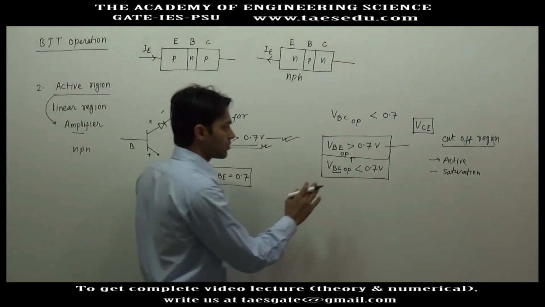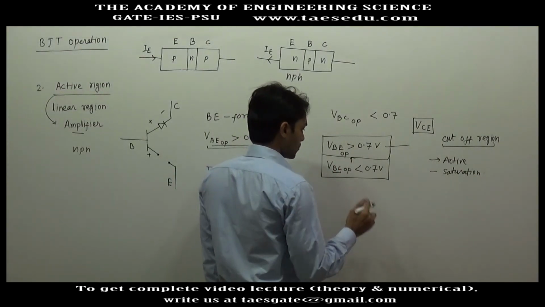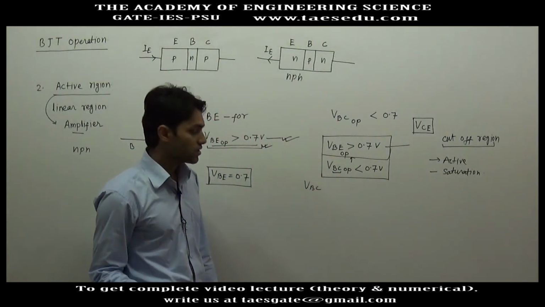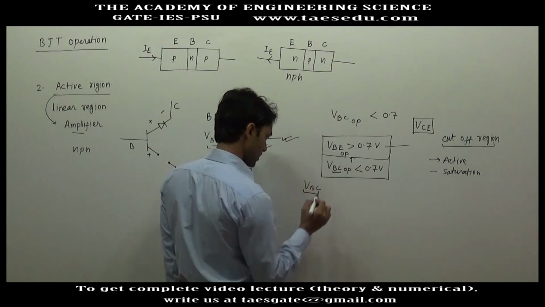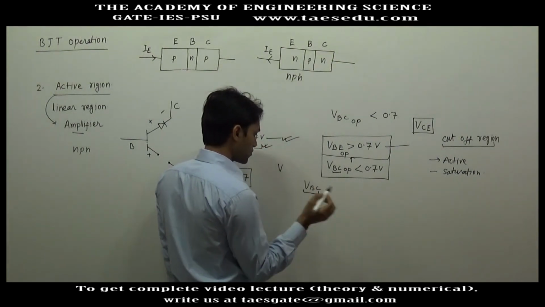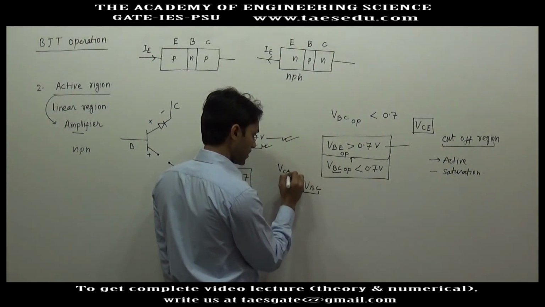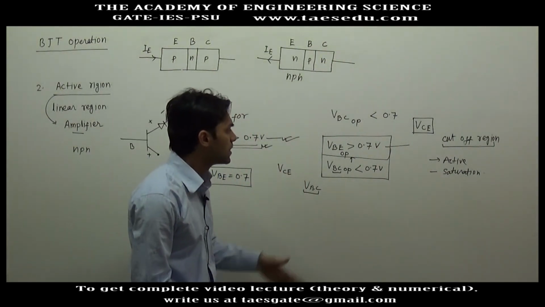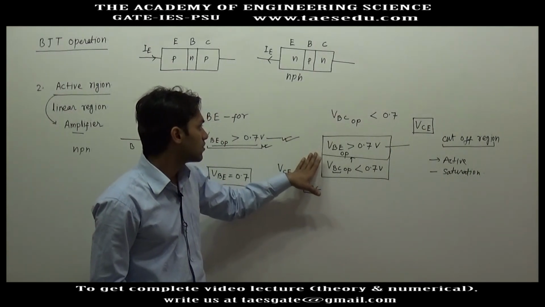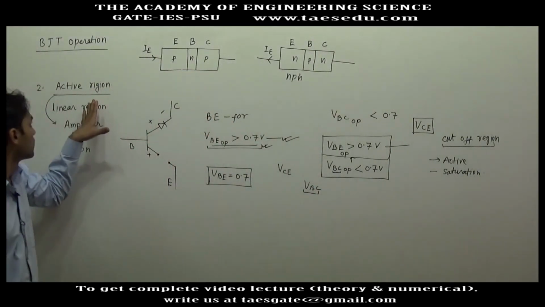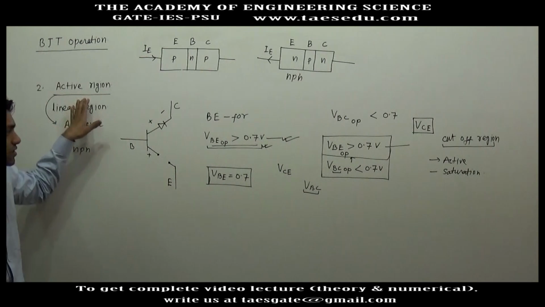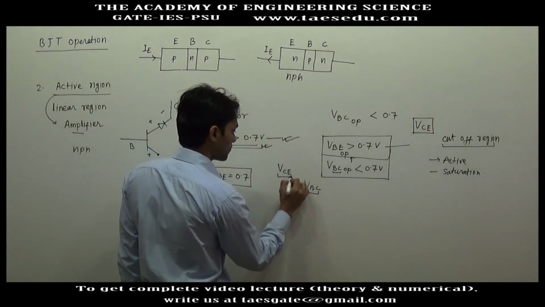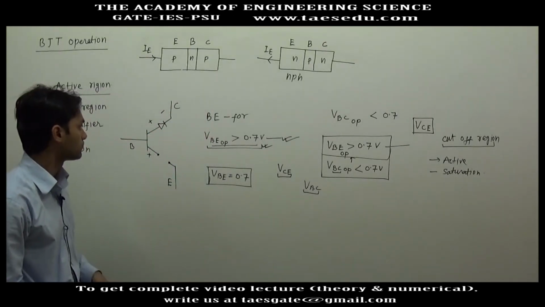Okay, so now you are done with this condition. Next you will check the collector base voltage. In most questions, before finding the collector base voltage, you will be able to find the collector emitter voltage. So it is better to get this condition of operation in the active region in terms of collector emitter voltage.